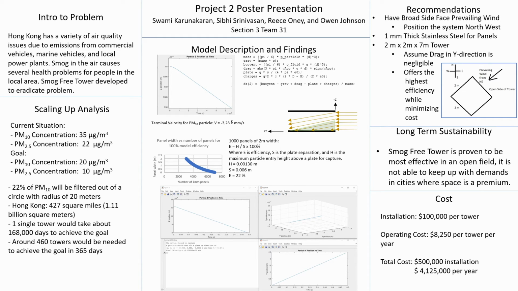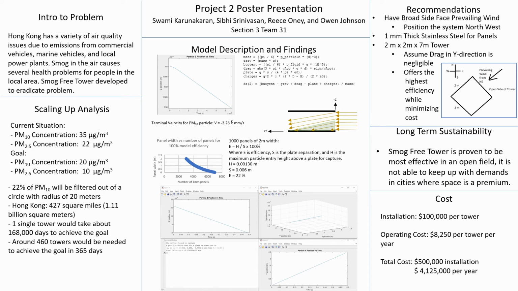The second recommendation that the team found is to use 1 millimeter thick panels made of stainless steel. This material was found to be the cheapest material that still offered a sustainability over time that could withstand weather elements and other factors. Finally, the team recommends that the tower be 2 meters by 2 meters by 7 meters